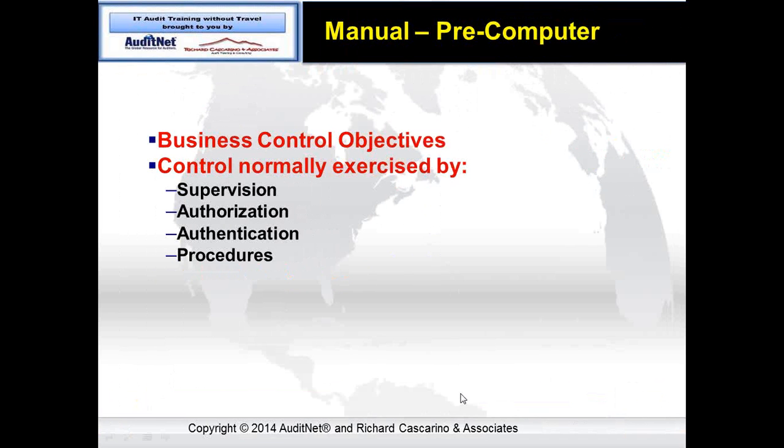So if we look at the manual part, pre-computer, we've got our standard business control objectives. If you're running the payroll, the business control objectives are to pay the right people the right amount of money when they are due to be paid at the right rate. And typically, before it hits the computer, our business control is exercised by adequate supervision,